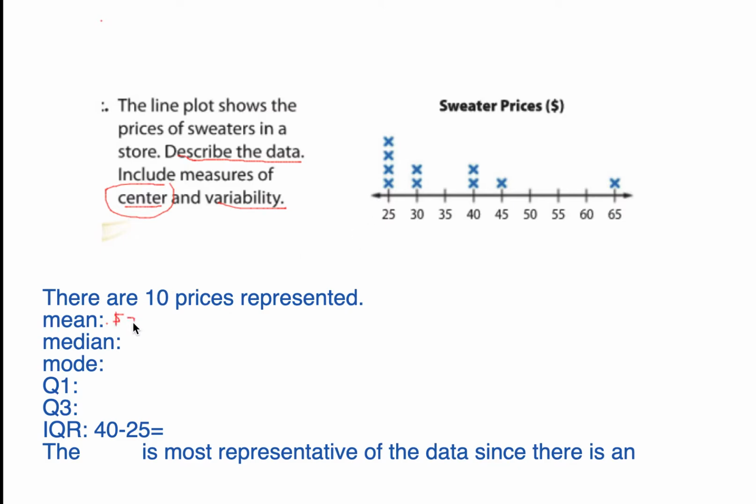I know you all know how to do the mean. We've done this so many times already. Of course, you add them all up, divide by 10. Now the median. So there are 10 numbers. So if you're going from the back,